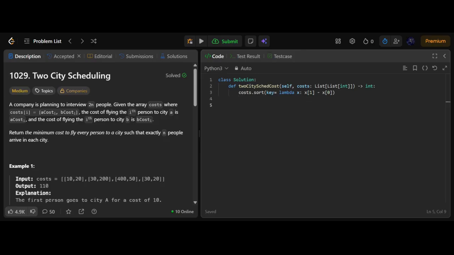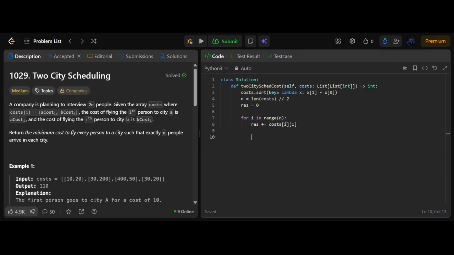So we want the costs that would be cheaper for city B first as opposed to city A. Then we want to calculate n, which is half the length of the costs, so the length of the costs divided by 2. And then we want to have a result variable, and then all we have to do is say for i in range of n, all the numbers up to the first half, result plus equals costs[i][1],